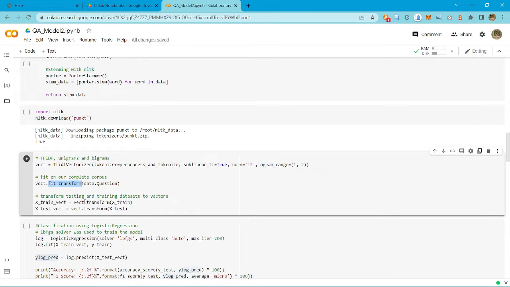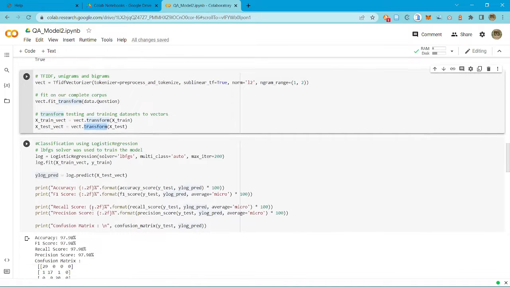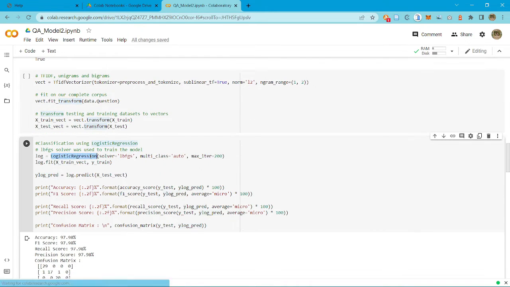The transform of the testing and the training data for the two vectors have been assigned, the xtrain and xtest. And then the classification for this project has been done using logistic regression, and the LBFGS solver was used to train the model, as you can see here.